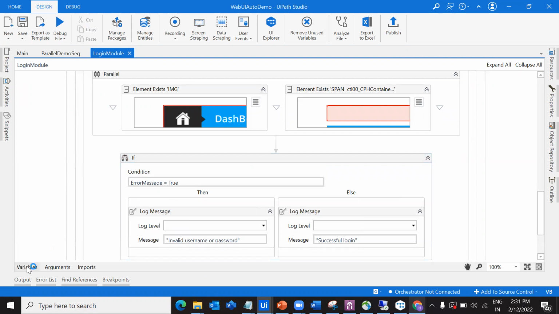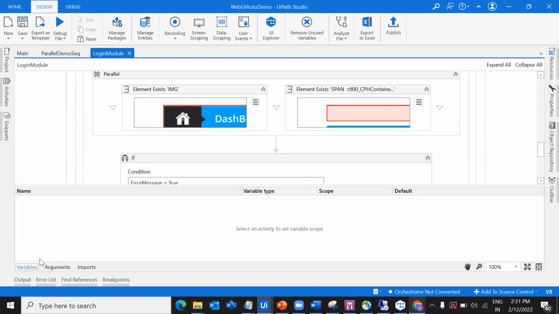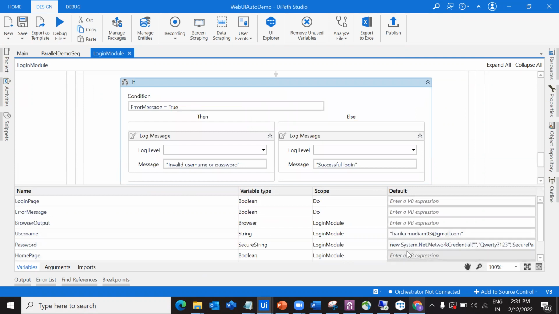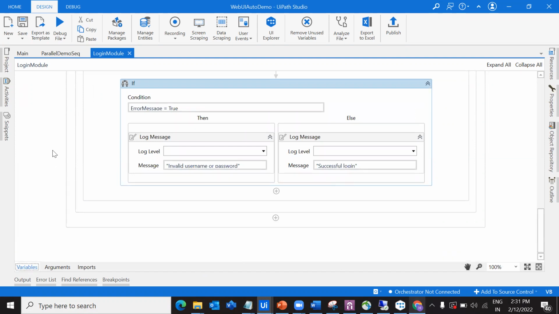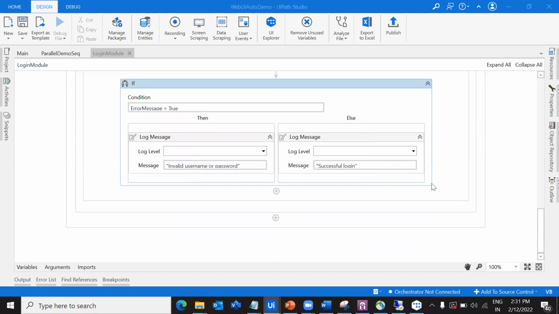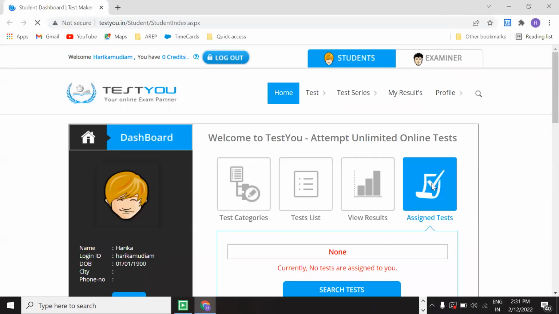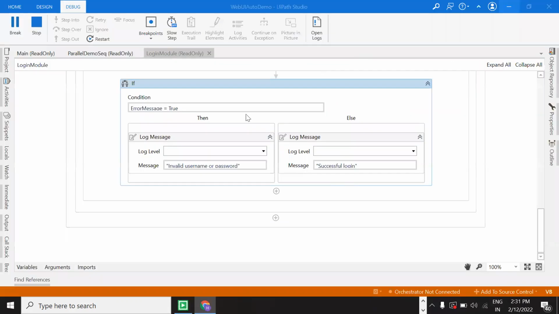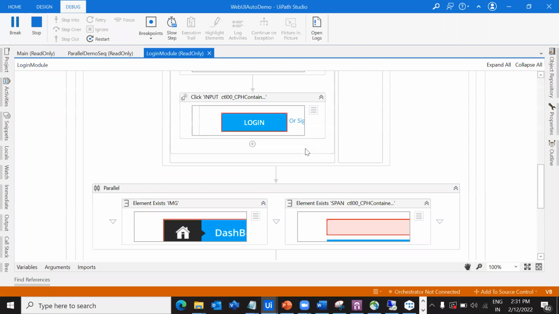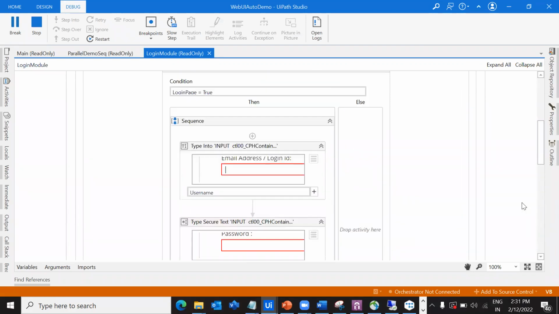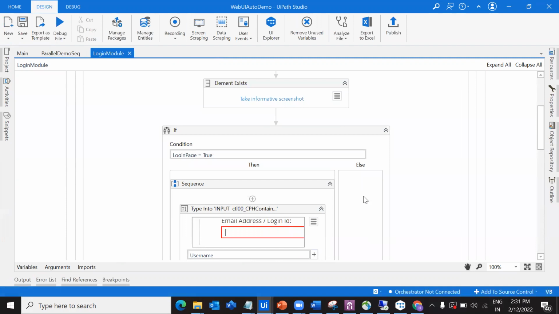And now as I am changing the values manually inside this particular variable's default value, I am going to show you how we can change them dynamically as well. But before that, let me run this workflow and show you how this works. So we are executing the process. We have already logged into the page as per my assumption, because we didn't click on the logout button, right? So it will now try to check for this particular login. If it's not, it will go to the else block,